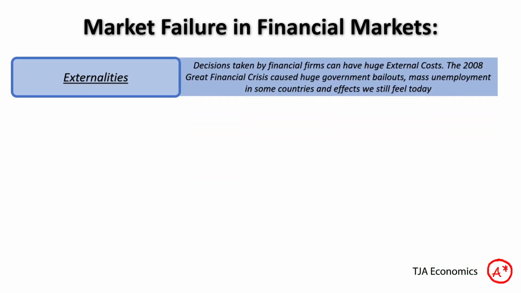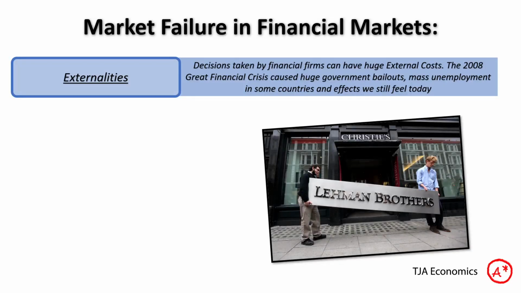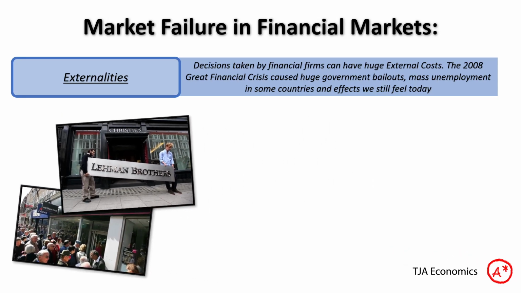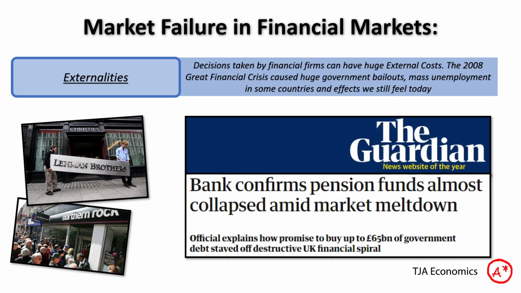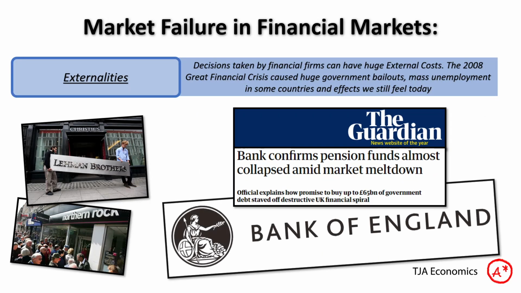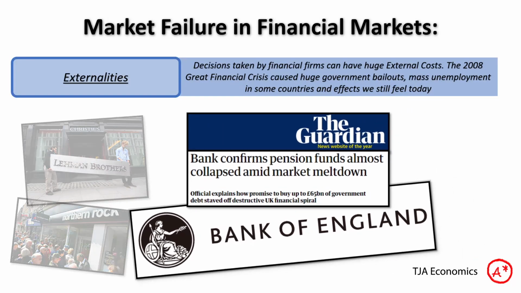Again, we've said that there are huge external costs when things go wrong. Think of the Lehman Brothers closing down in the '08 crisis. Think of Northern Rock having to close down in the UK. The thing about this is, financial firms, such as the pension firms that almost went bust in the 2022 mini budget, look what happened. The Bank of England had to step up and buy almost £60 billion worth of bonds just to save the pension market from going under. And so that's an externality, surely.